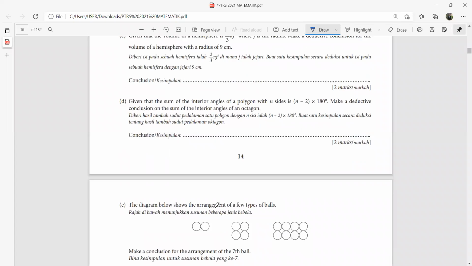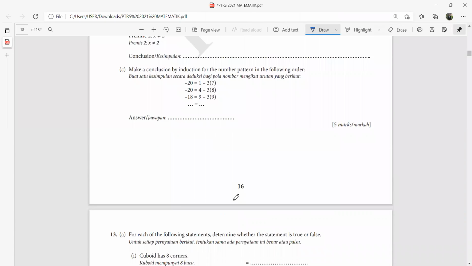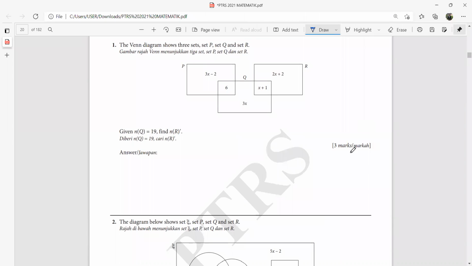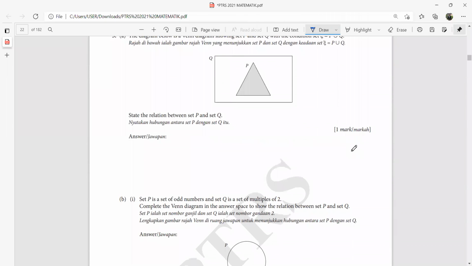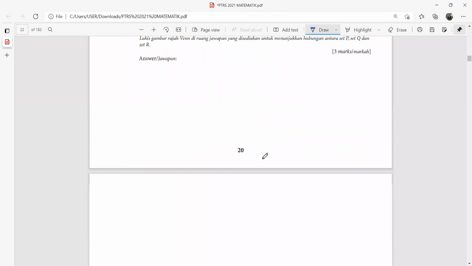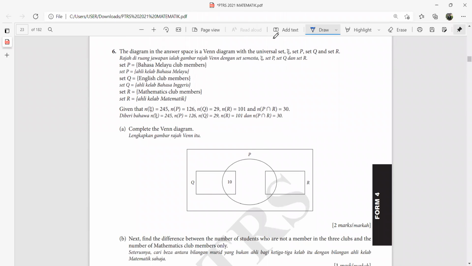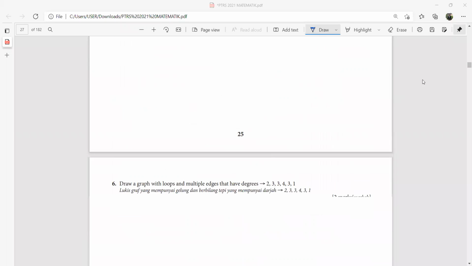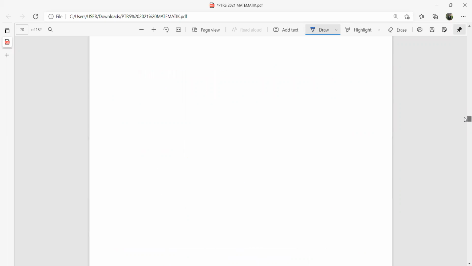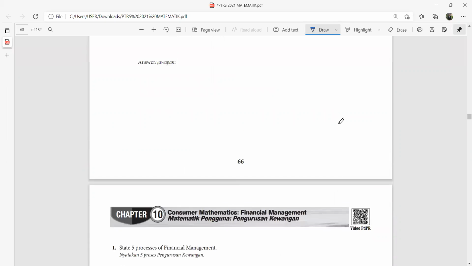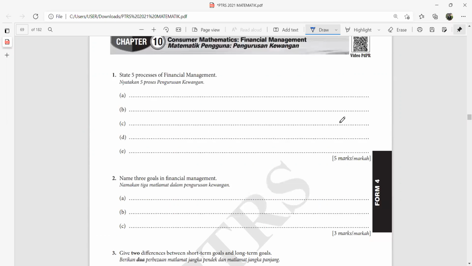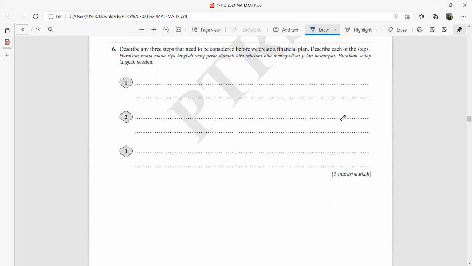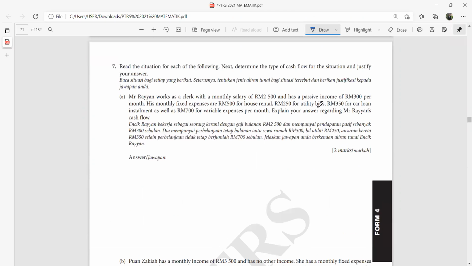Now we go to some chapters which you feel are more difficult. I think better go to that. This is a very good set of notes also, but perhaps today you all just need to focus on finance, which is normally difficult. Look at the question. Consumer maths. Everyone, look at this question. Question number 7.